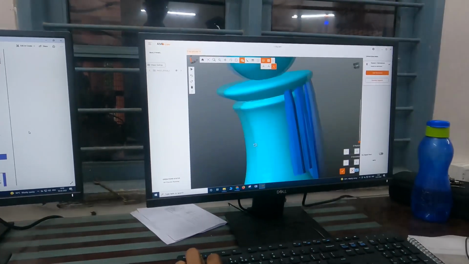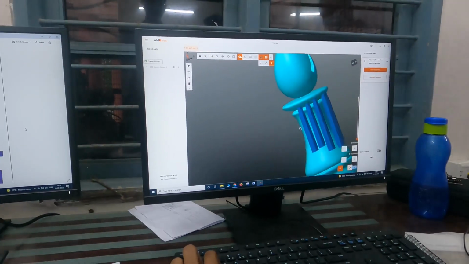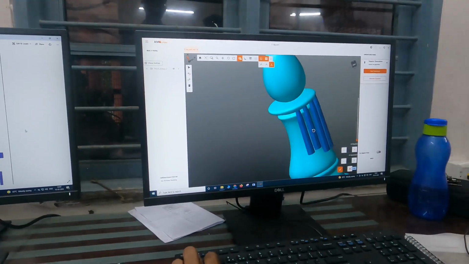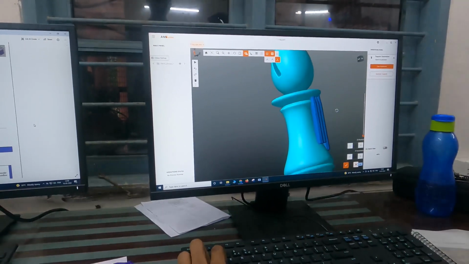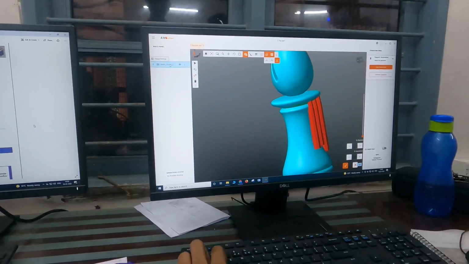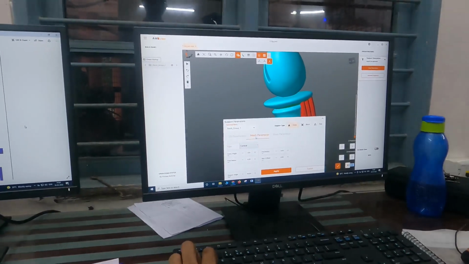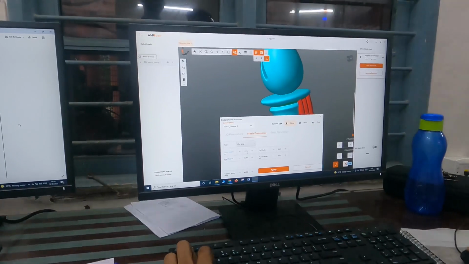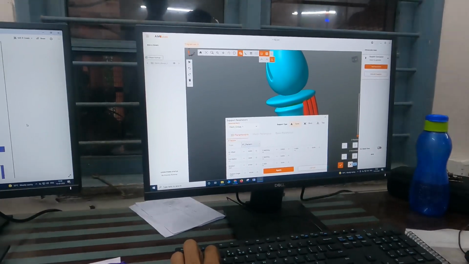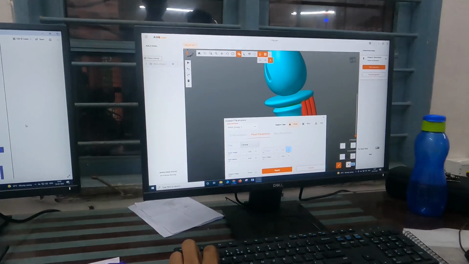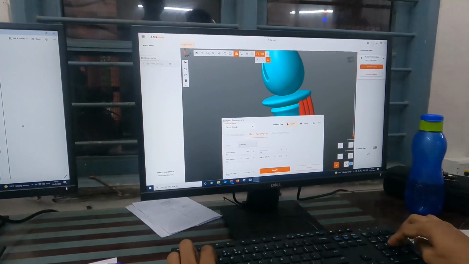Okay, so this is a little bit higher. You can see that instead of the surface supports, here we have conical supports. Here we can change this parameter to match the geometry. Let's say if you want something like the diameter, we can adjust. Let's say instead of 0.2 we can give 0.05 or something.